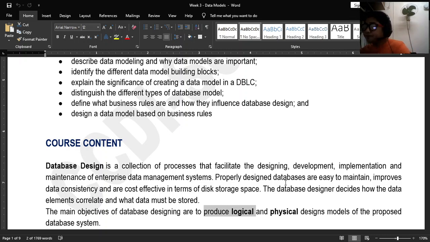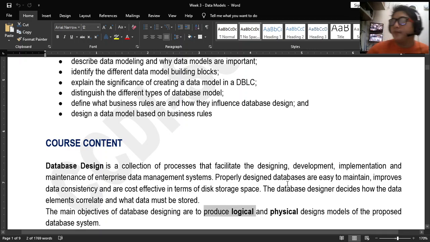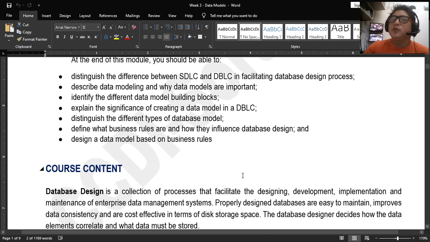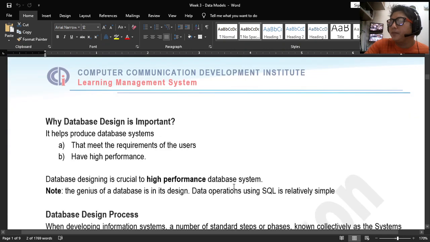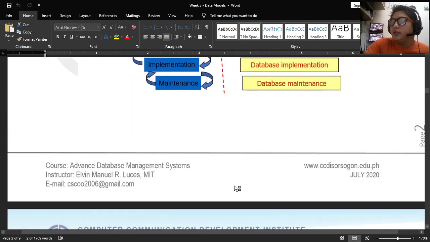And after that, you will be developing a model or initial design so that you can progress into a much more important detail of the plan and convert that into a physical database. Okay, that's what the procedure needs to undergo in order to develop a complete database. Okay, so